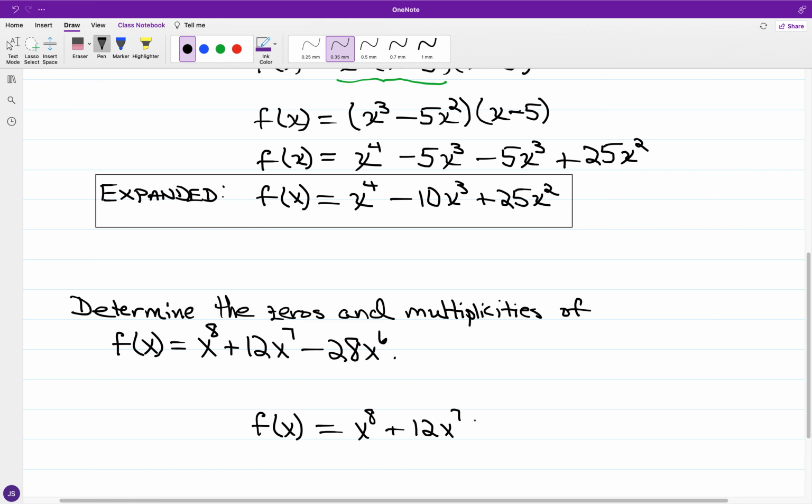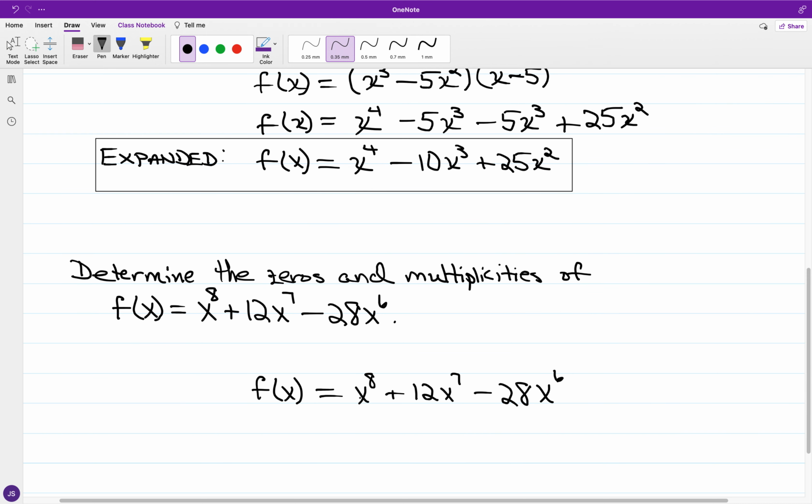And all of these terms will consist of the variable x. If you notice the greatest common factor, for the coefficients, you have 1, 12, negative 28, and the highest number divisible into those coefficients is only 1. Now the greatest common factor is going to be in the letter x, and the highest term that will go into all three of these is going to be x to the 6th. And if I factor out x to the 6th, we have x to the 6th times all of